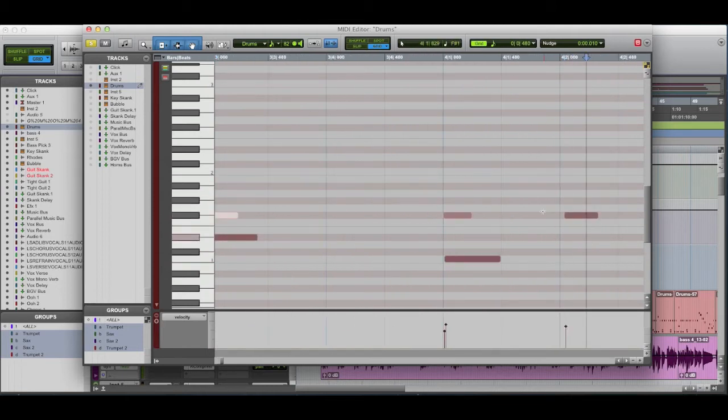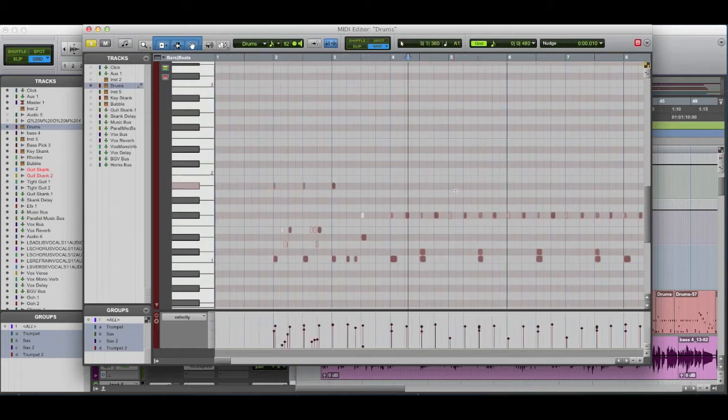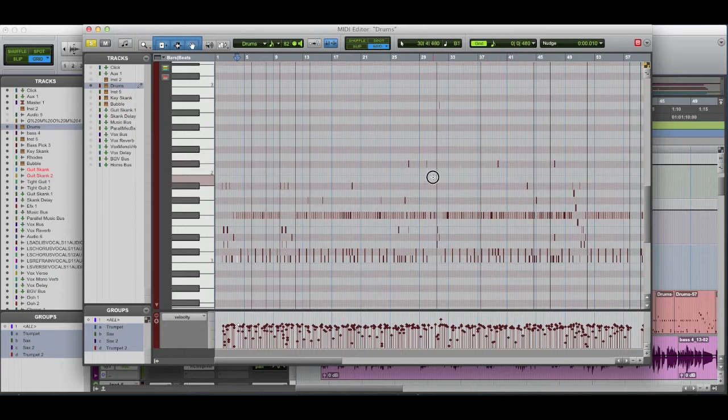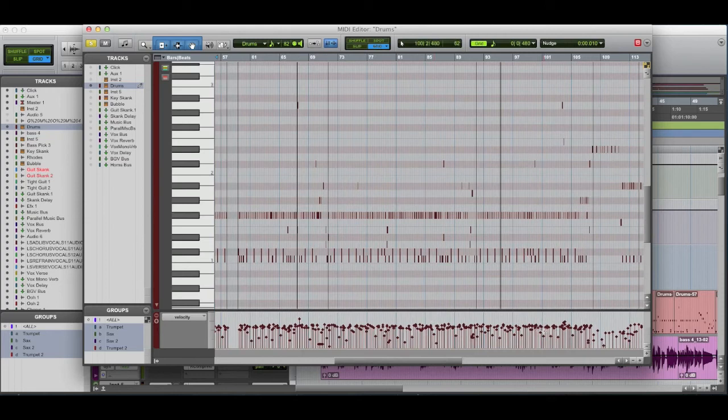You can see this hi-hat is probably a few steps off of this bar, but if everything was lined up perfectly to the grid, it just wouldn't have that live drum feel. And then also to make it live as well is velocity changes. So you can see different hi-hats have different velocity levels. Each hit is not necessarily all the same velocity, and the same idea, just trying to mimic what an actual drummer would do. So what I did was basically just played a lot of the drums on the keyboard and then went in, edited all the stuff. And yeah, you can see velocities are kind of all over the place. It's not one solid velocity level. I try to give it a good